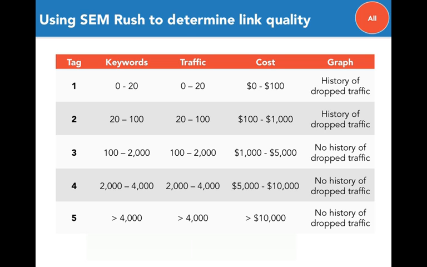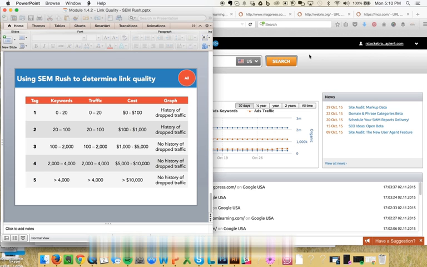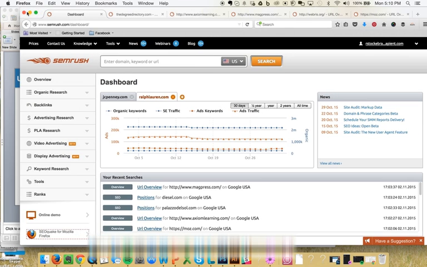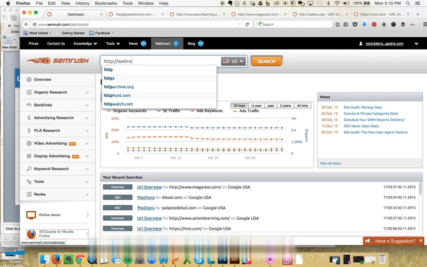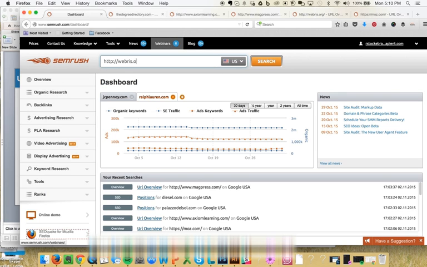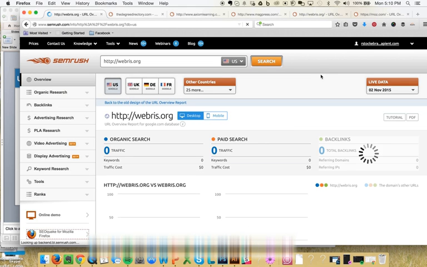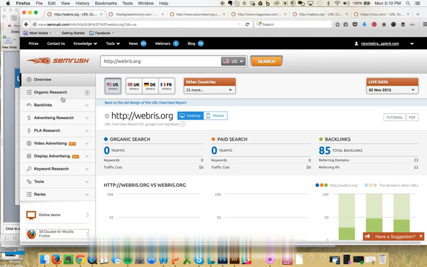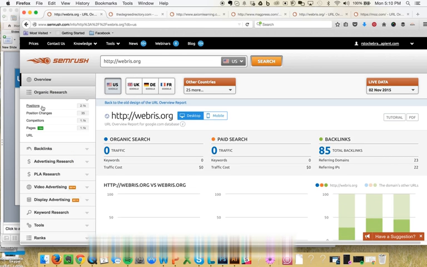So take this chart and apply it to SEMrush, right? So actually, let me go ahead and jump into a live example here. I've got SEMrush open right here. So again, let me just run you through this tool real quick. When you log into SEMrush, you're going to come to this screen. All you got to do is put in or paste my URL here. Just type it in and click search. Then you're going to get the screen here. It's got a bunch of stuff. You're going to click on the left-hand tab, this little drop down where it says organic research, and then just